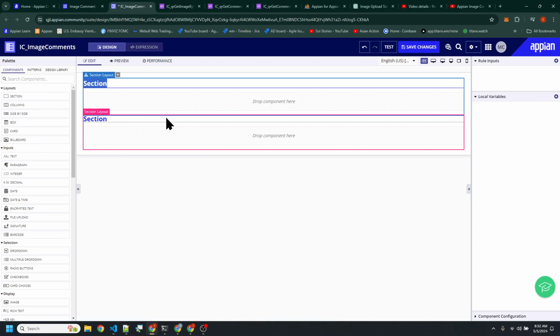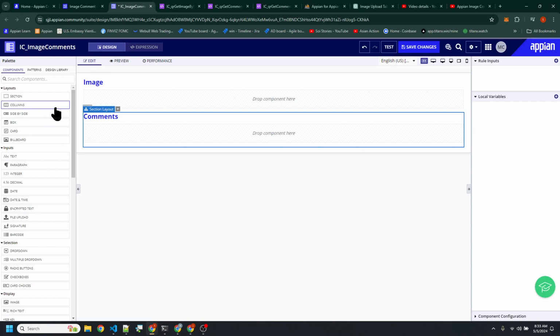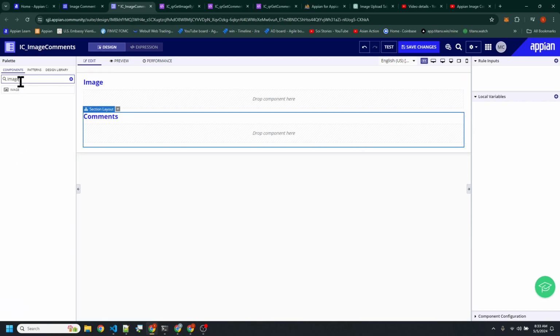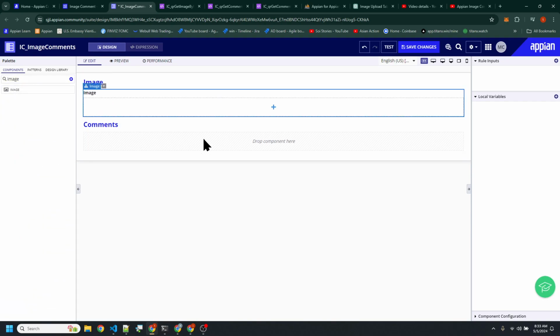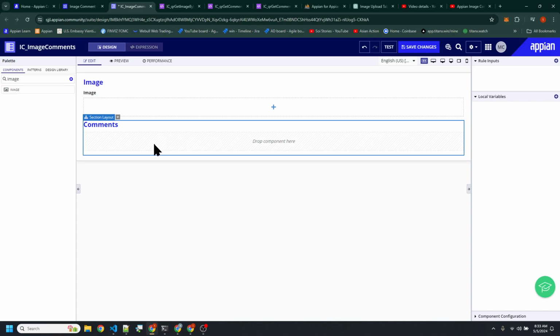So here, we're just going to say image, and then here we're just going to say comments, right? And then we're just going to put the image quickly up here as a proof of concept, and then down here, the comment section. We're gonna have to come up with some way to display the data down here in a meaningful way. But for example, you got a document ID here, right?